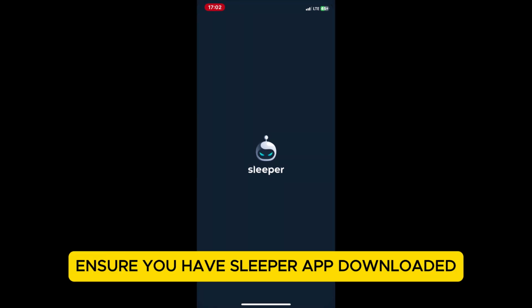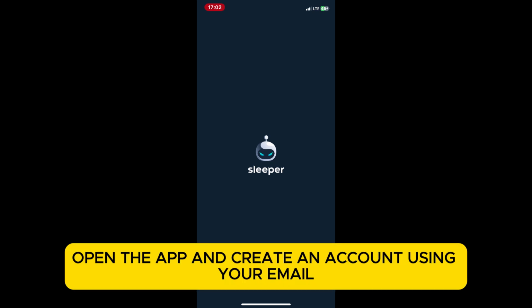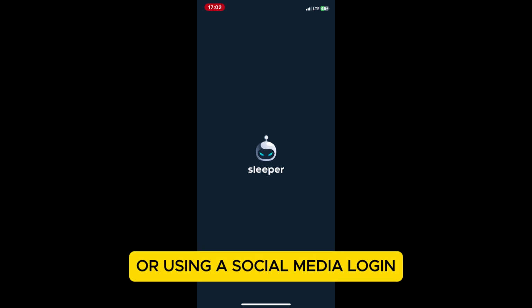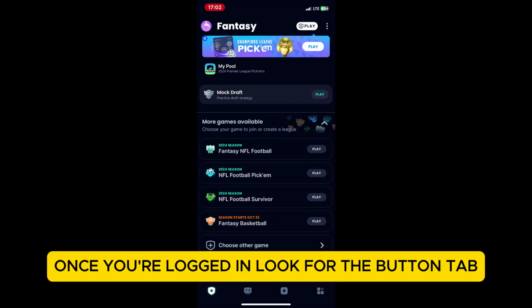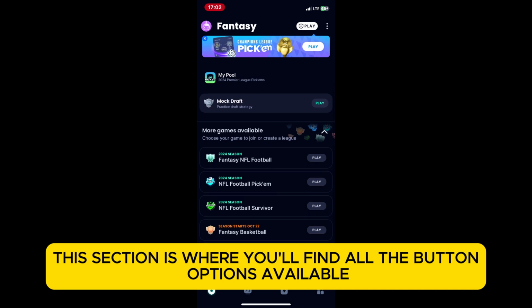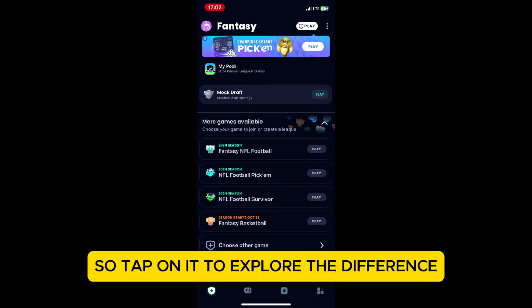First, ensure you have the Sleeper app downloaded. If you haven't signed up, open the app and create an account using your email or a social media login. Once you're in, navigate to the main dashboard. Once you're logged in, look for the betting tab. This section is where you'll find all the betting options available, so tap on it to explore the different betting